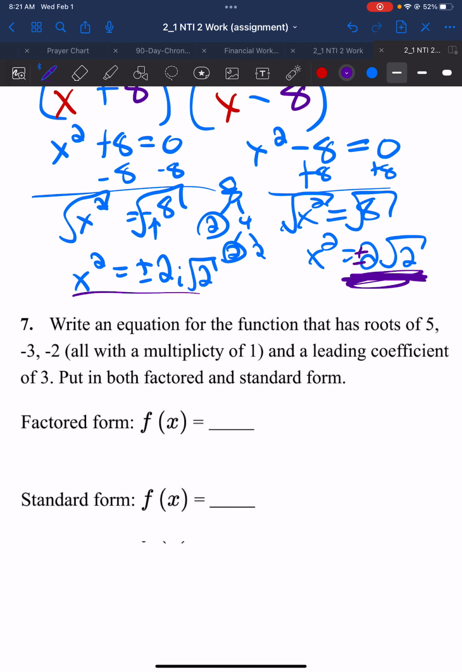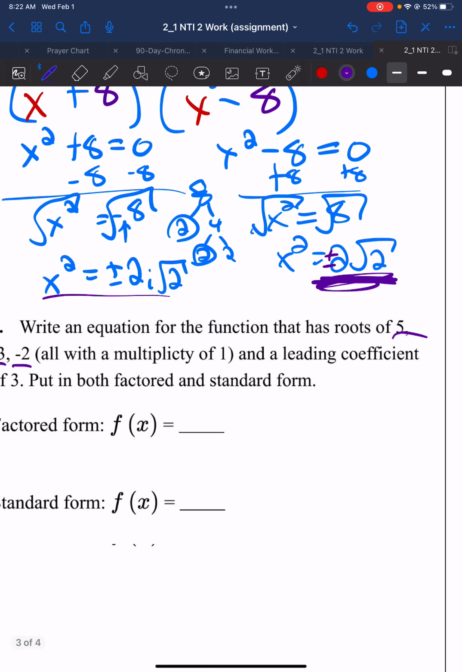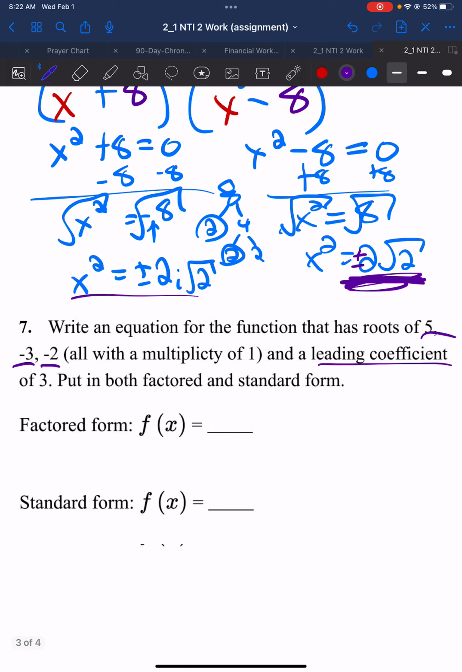Last one on this video, and then we'll break it up into a third one. It says write an equation for the function that has roots of 5, -3, and -2, all with a multiplicity of 1 and a leading coefficient of 3. Let's start with the stuff that we know. For the factored form, that's the really easy part, right? All I'm doing here is writing it out. I've got x